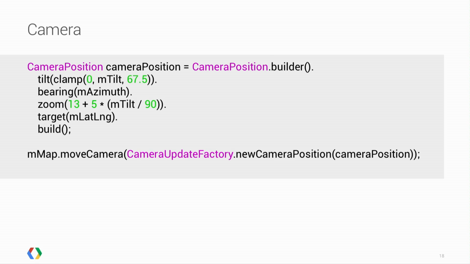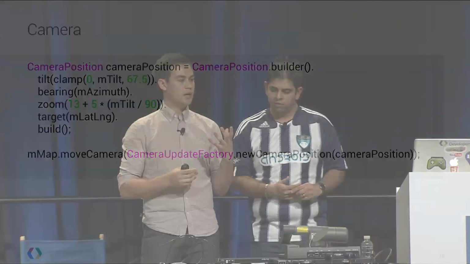Now I notice also in this code, Chris, you're doing move camera, whereas in the demo that I did, I was doing animate camera. So can you just tell us a little bit about the differences between those two? Yeah, so essentially I used move camera, which just snaps the camera into place. Animate camera will transition smoothly into the new camera position, whereas move camera just goes straight there. And so that was useful in this demo because we're updating the camera every frame, so there's no point animating